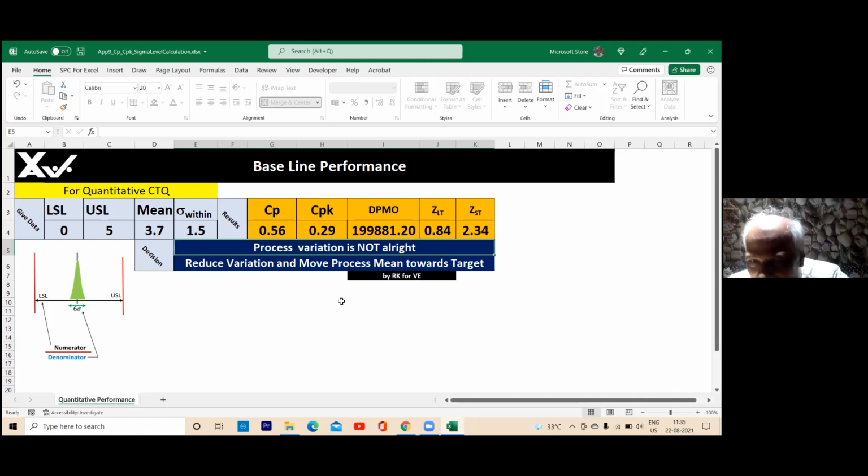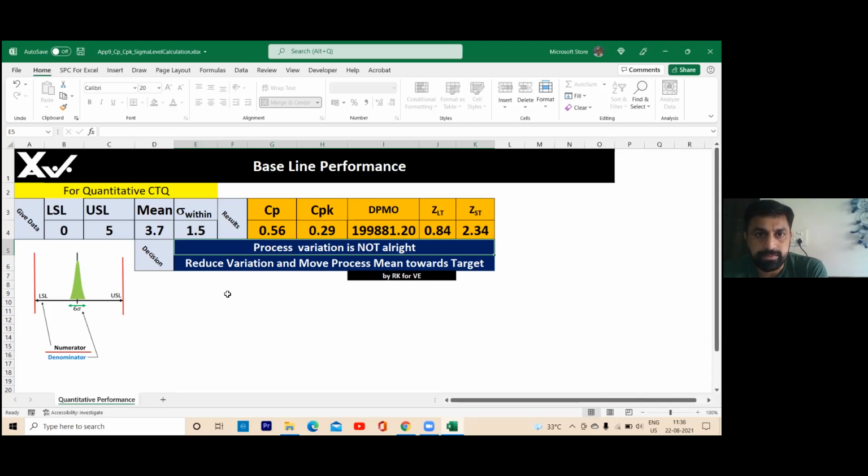What is the other question? Yes, sir. The question is: billing disputes in a back-end process must be resolved within 5 hours. Upon sample collection of 100 such disputes, it was found that the resolution time was averaging 3.75 hours with a standard deviation of 1.5 hours. What is the DPMO associated with this process? So I have used the same template for calculating the DPMO. And here the DPMO shows 19988.1, but the answer is 2.08 something. 2 lakh, yes, sir.